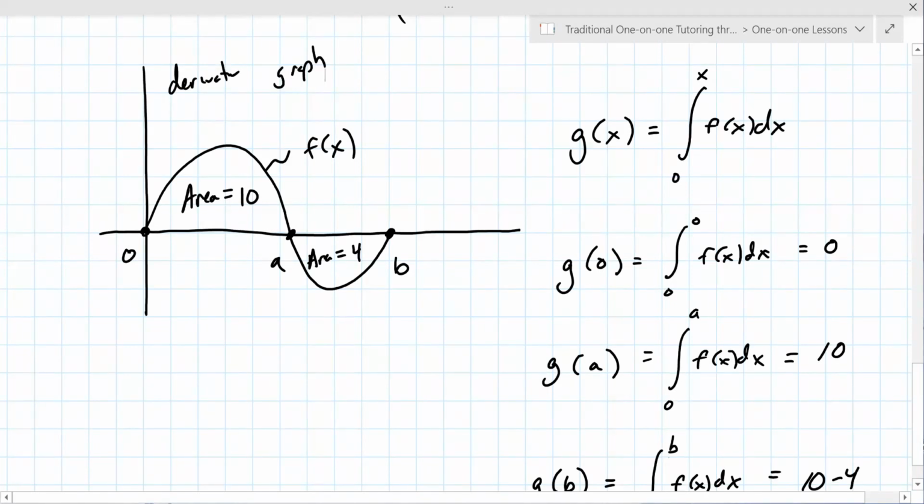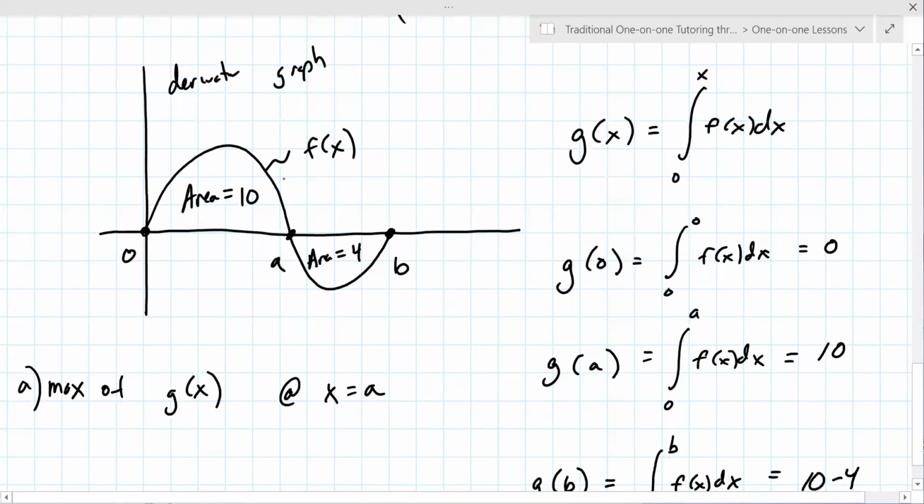The first question they might ask is where's the max of g of x? I think that's a more realistic question based on what I've seen. And g of x is the area under the curve. So that area under the curve is maximized here at x equals a,